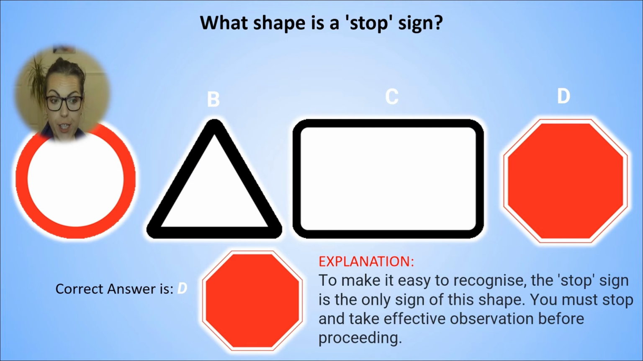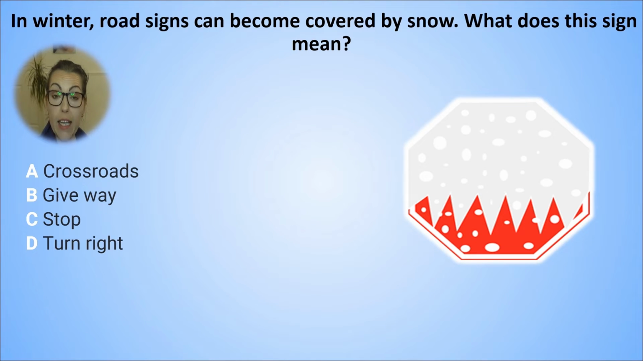Next question. In winter, road signs can become covered by snow. What does this sign mean? It's a very fitting sign because we are in the winter time. A. Crossroads. B. Give way. C. Stop. D. Turn right. If you remember just the previous questions about the shape,